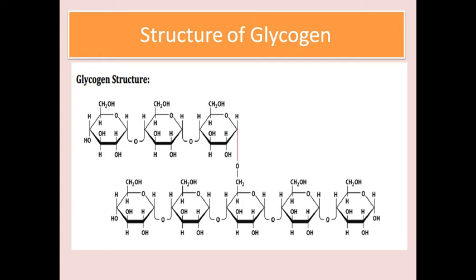The biomedical importance of glycogen: during glycogenesis in the liver and muscles, glycogen can be synthesized and stored as a fuel reserve in the case of animals. And the hepatic glycogen serves as a constant source of blood glucose, which is utilized by the whole body between meals and during the early stage of starvation.